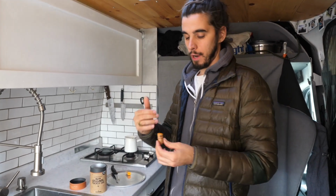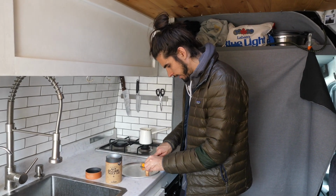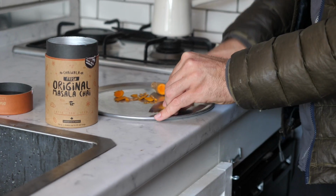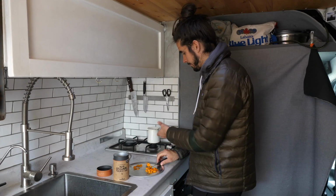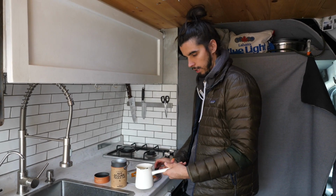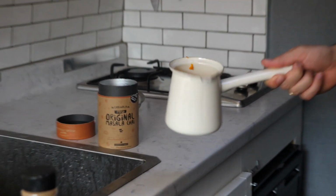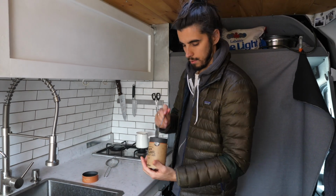but you cannot fudge with that real fresh turmeric. So what I'm gonna do is just lightly peel off the ends that look mysterious and weird. So I'm just gonna dice this up into little pieces, and then I'm gonna throw it right into the pot. And my hands are gonna be yellow for a week. Okay, so we got a couple of nugs of turmeric going right in, coconut milk going in, and we've got